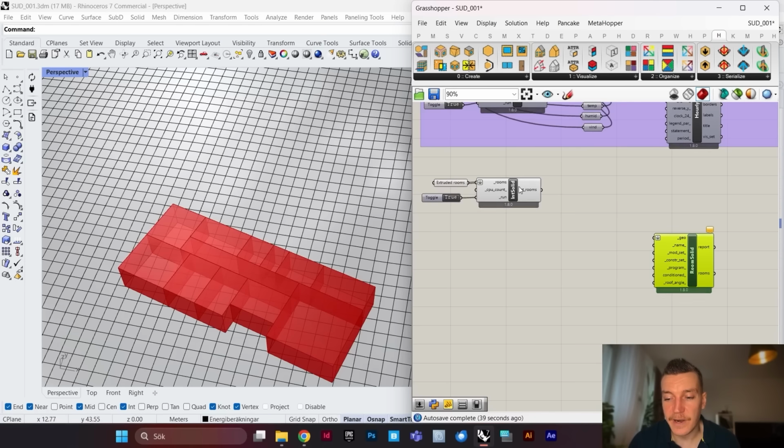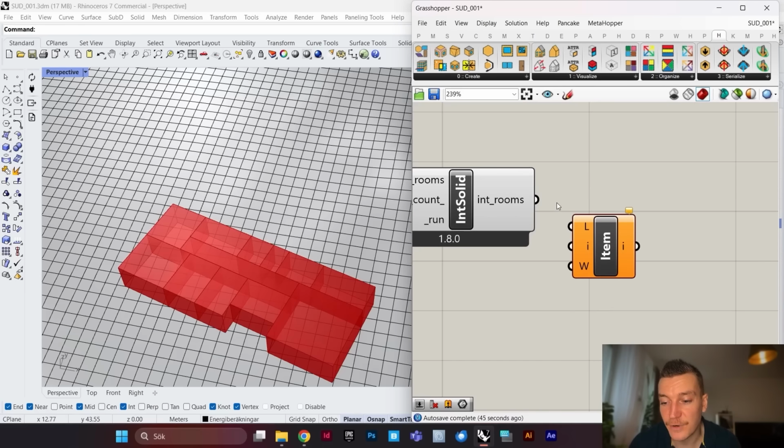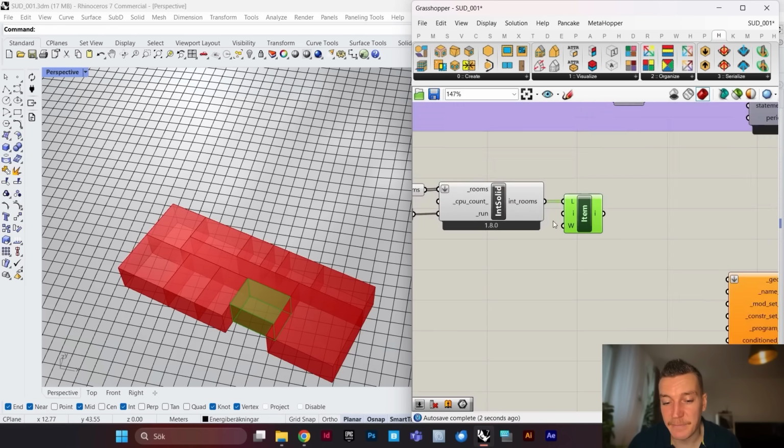So what I want to do first is simply just organize my rooms in a way that I know which rooms are which, and basically name them as they are,